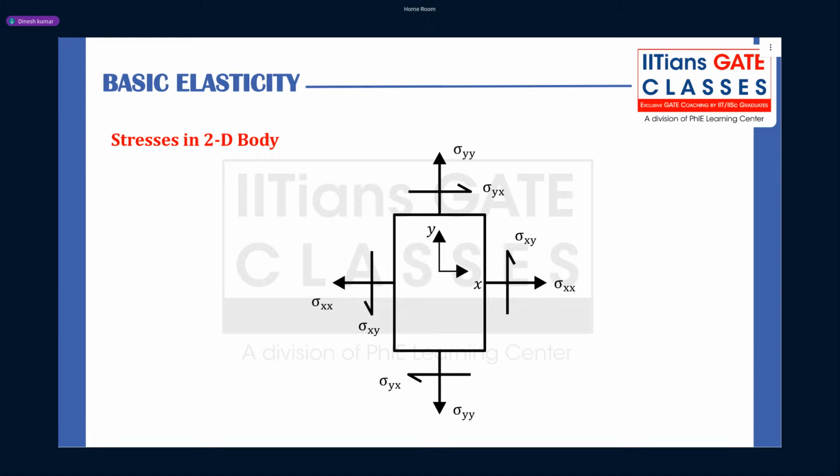Now comes the next. Usually in your GATE exam or in your academy, we usually discuss the 2D stress system. For 2D, we usually write the 2D stress system in the XY plane. You already know, guys, on this plane the normal is X. So what is your stress? Sigma xx. Now the corresponding shear will be in the positive y direction, so it is sigma xy.